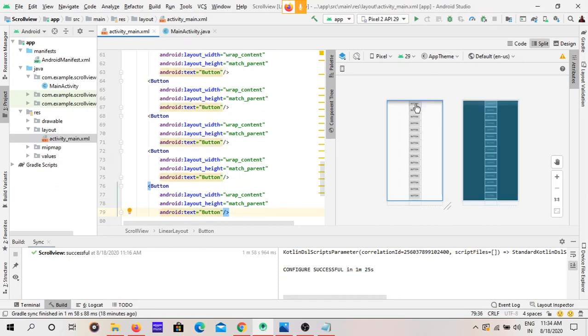See, now the layout is exactly fitted to these buttons.